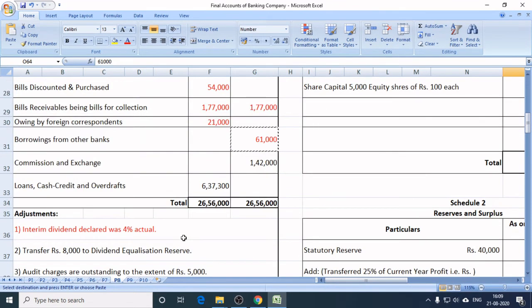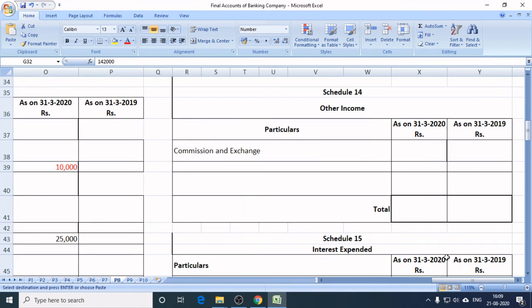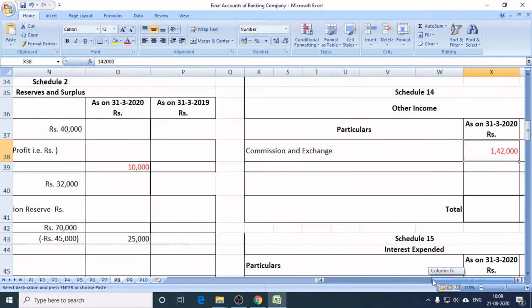उसके बाद नेक्स्ट है वी हैव कमीशन एक्सचेंज और इट हैज़ क्रेडिट बैलेंस और हमें पता है कि ये बैंक का इनकम है और बैंक का जो भी इनकम है अदर देन इंटरेस्ट वो रिकॉर्ड करने के लिए हमारे पास शेड्यूल है 14 अदर इनकम। तो ये इनकम हमें यहाँ पे दिखाना है कमीशन एंड एक्सचेंज वाला 1,42,000।